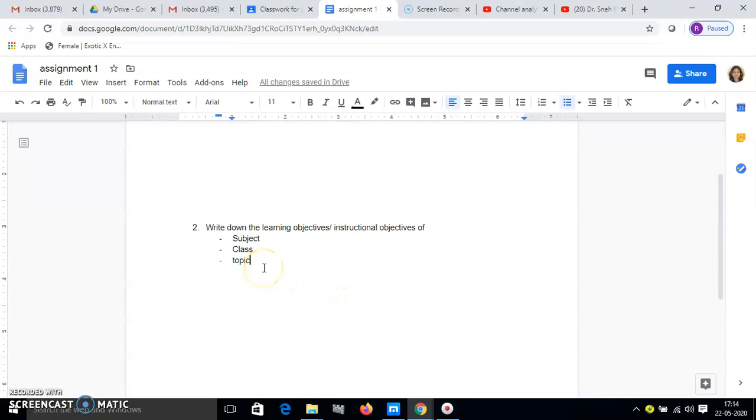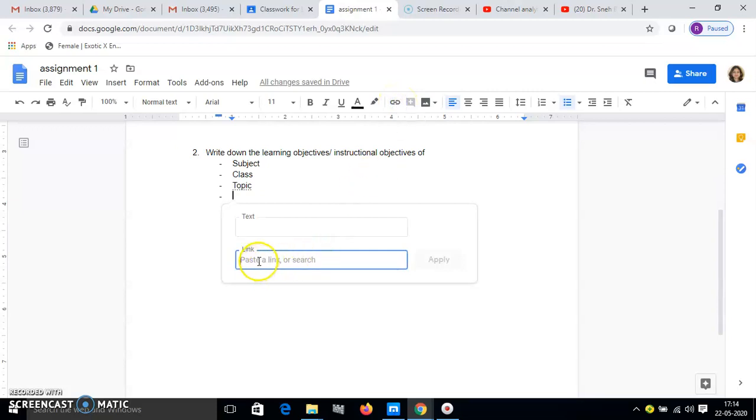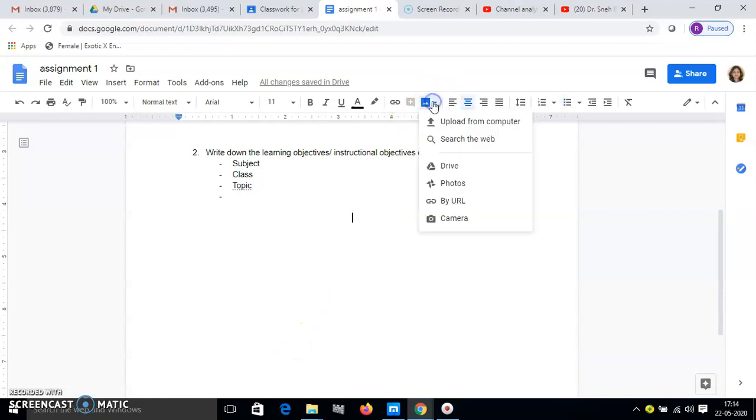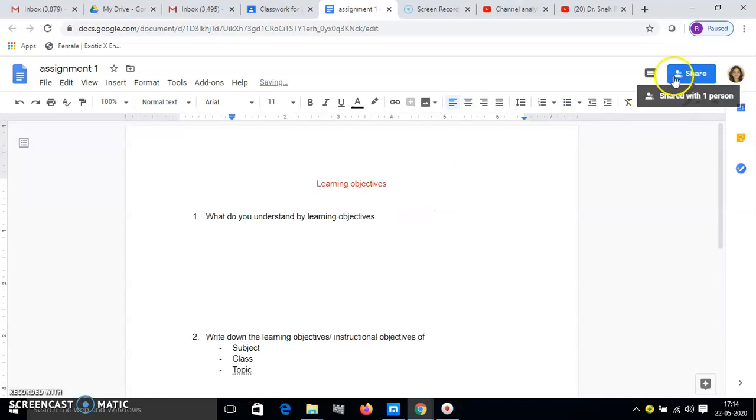And then the interesting part over here in the doc is this link button, Insert Link. Here you can also put any kind of video, or any particular document you want to share as a sample which will help the student to complete this assignment. You can just copy and paste the link over here, and it will be added. You can also upload photographs or files from your Drive if something is there. Once you do this, you just share it.